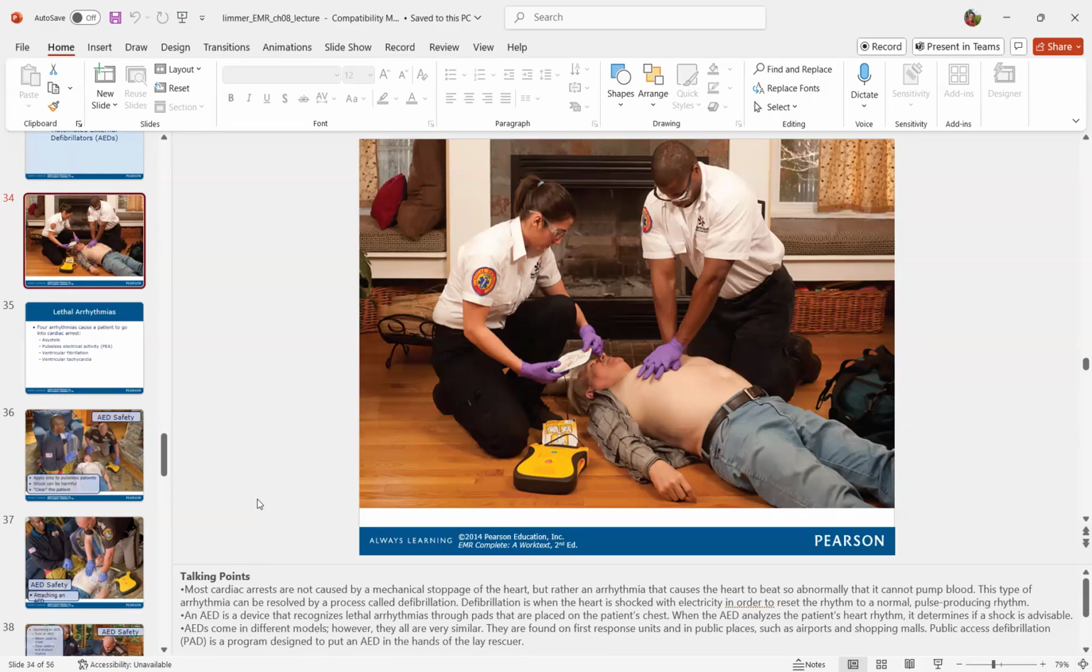AEDs come in a lot of different models and manufacturers. They're all very similar. The first thing we do is turn them on. They're in a lot of places now. We've seen them walking around airports, malls, and schools. There are public access defibrillation programs putting more of them out in the field. So when it comes to lethal arrhythmias,